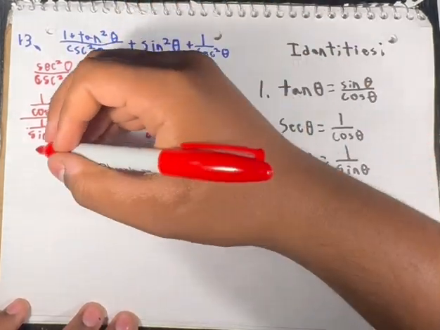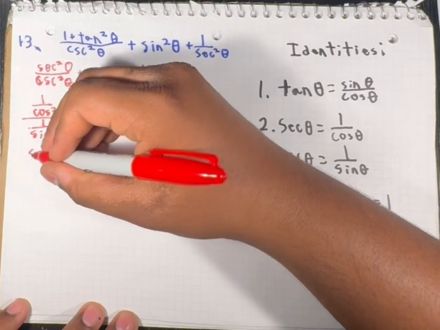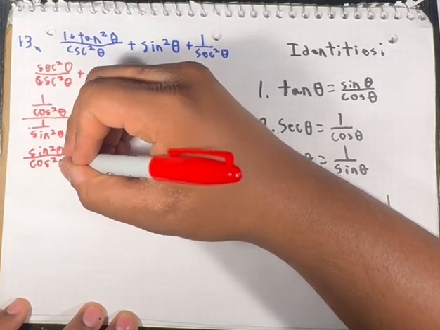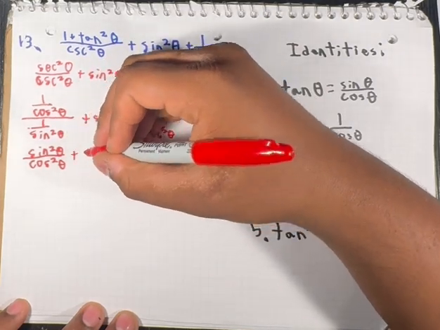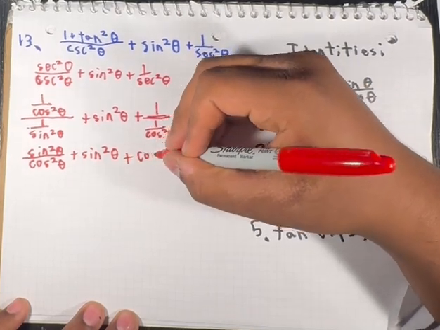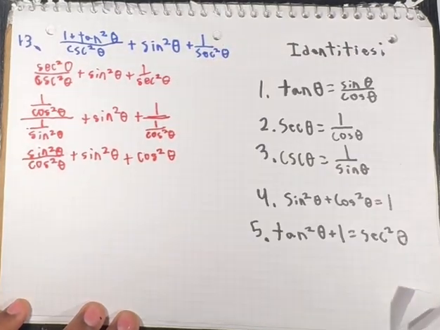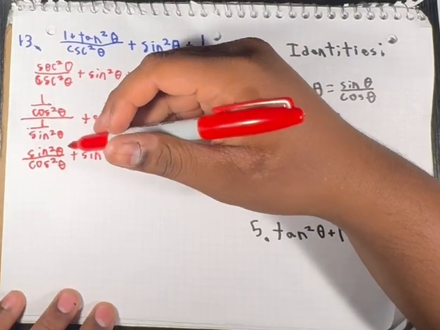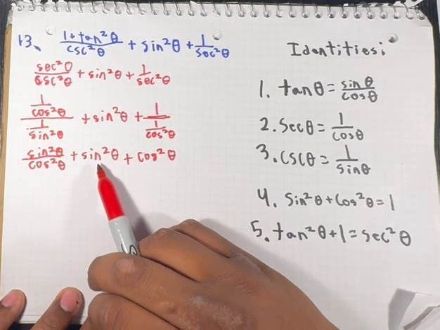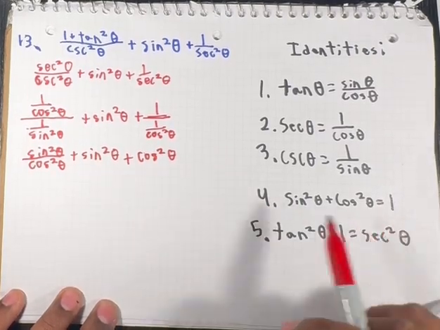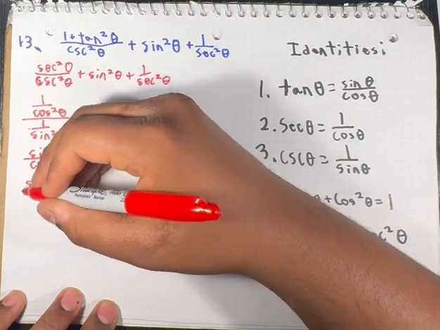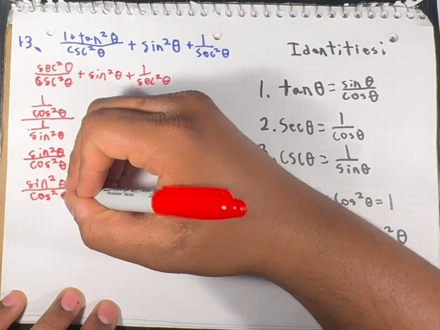Now we can simplify this into sine squared theta over cosine squared theta, plus sine squared theta, plus cosine squared theta. Then we can use the Pythagorean identity, sine squared theta plus cosine squared theta equals 1, to make this into sine squared theta over cosine squared theta